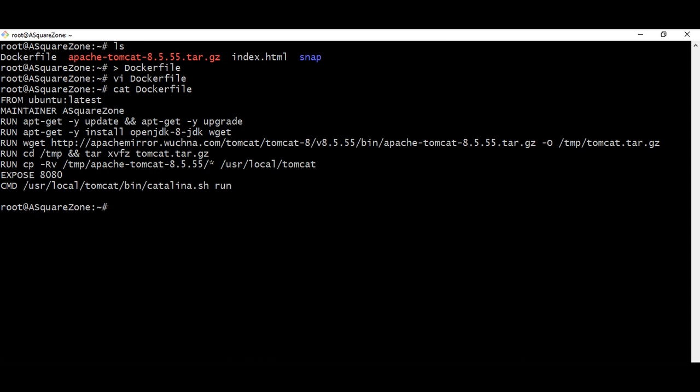So now we will see how to create a Docker image using a Dockerfile. As I already told, the docker build command with -t.